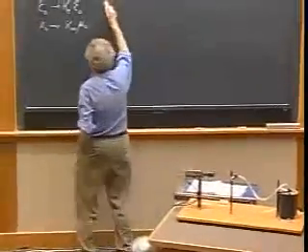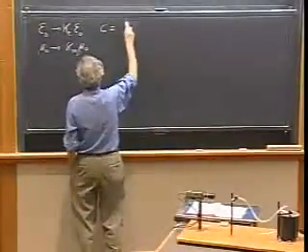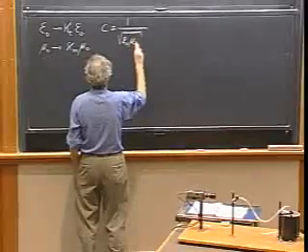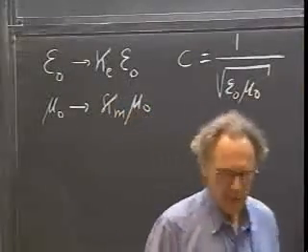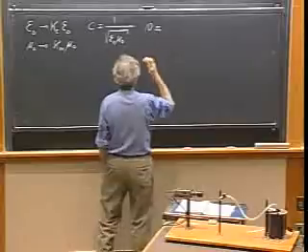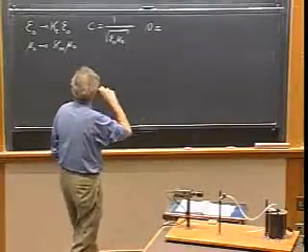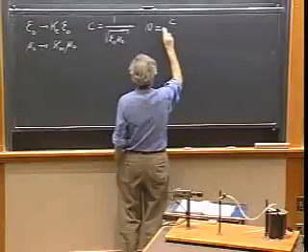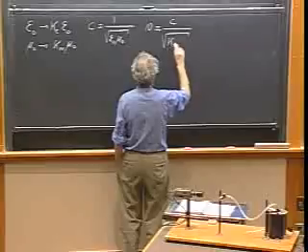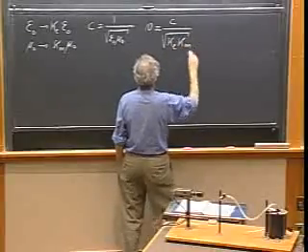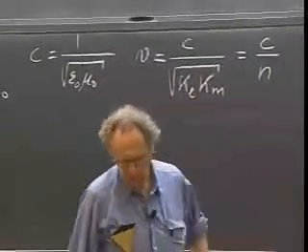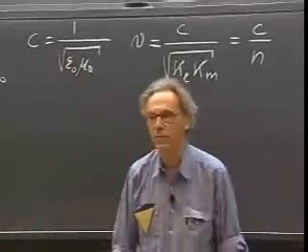So we know that the speed of light, of electromagnetic radiation in vacuum was this. And so now that's going to change. We have to take this into account. So now we get V, the speed of electromagnetic radiation, which is now C divided by the square root of kappa E times kappa M. And that is also C divided by N. N as in Nancy, and N is called the index of refraction of the dielectric.